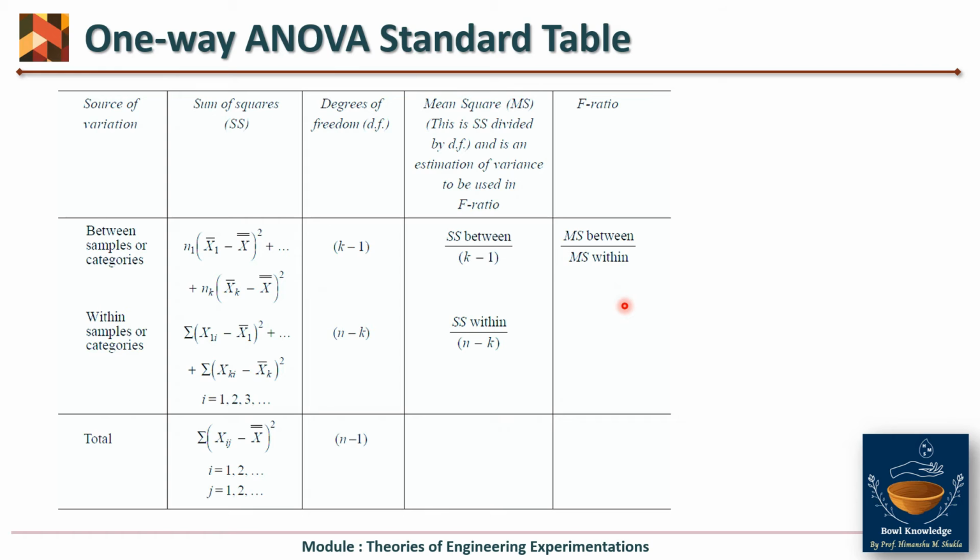Now this is the standard structure of the one-way ANOVA table, which will make things clearer. The steps we already discussed are tabulated here in one table. So this is the comprehensive, or consolidated, table for one-way ANOVA. This table will be more clear when we see the example of one-way ANOVA.